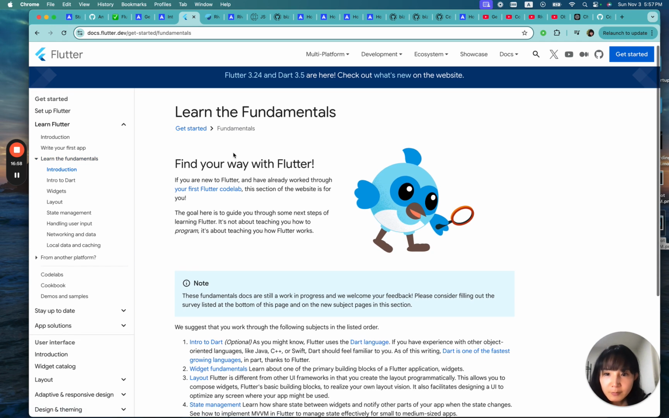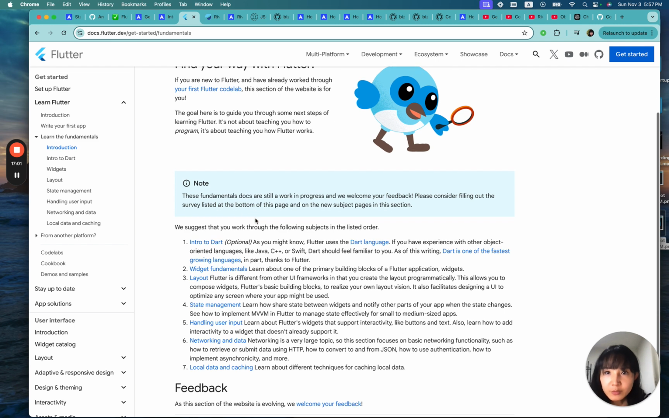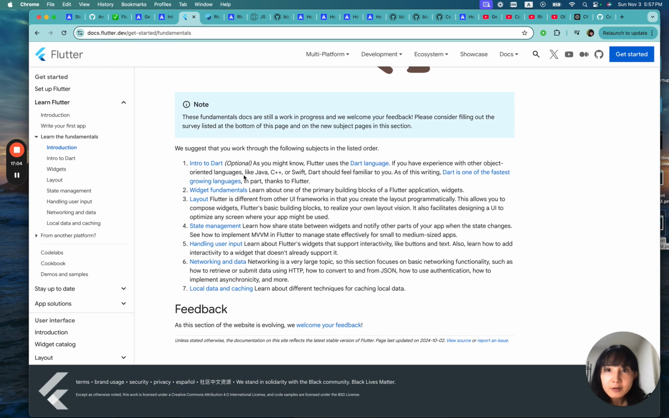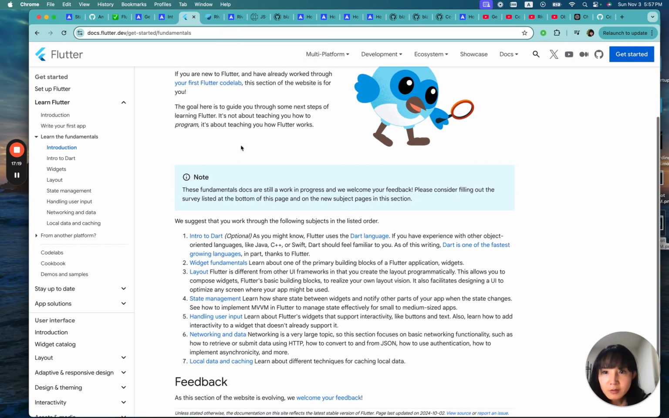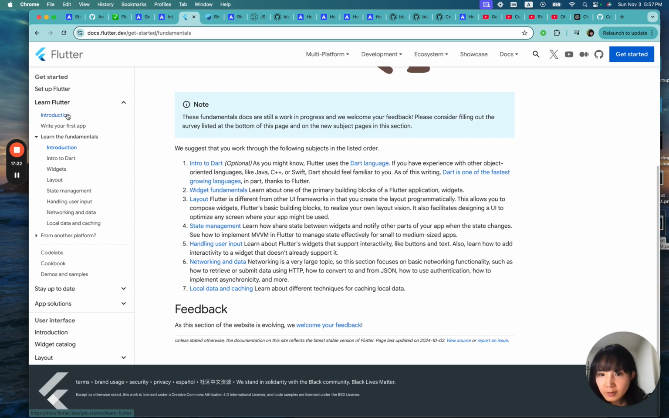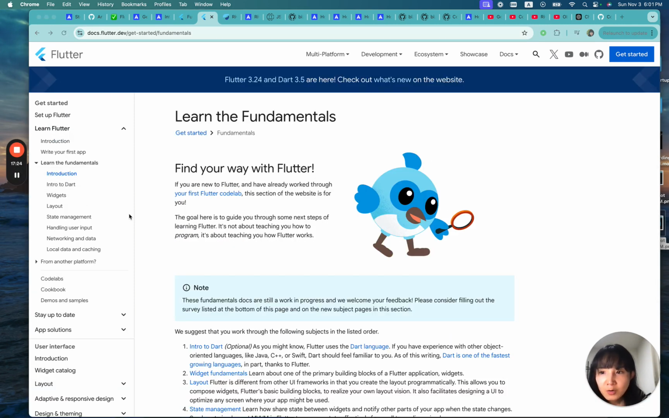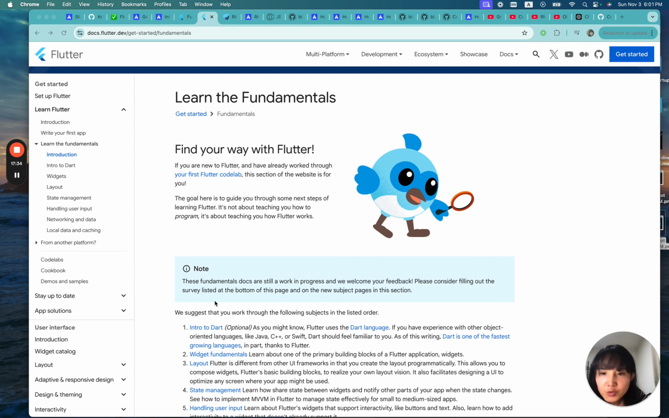Now learn the fundamentals. One of the reasons I'm on this page is because I heard there's a Flutter fundamentals course, and Flutter has sorted through. Let me stop the video to find out where it is. Okay, it's this page called Flutter, in docs.flutter.dev, get started, fundamentals. So this is a newly